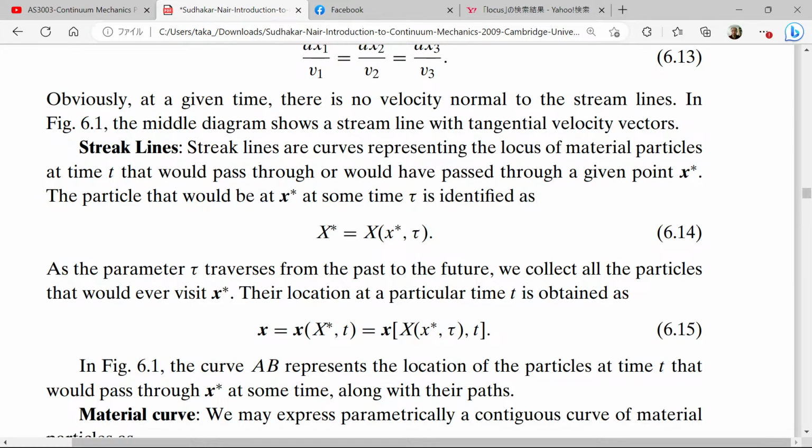The particle that will be at x star at some time tau is identified as,